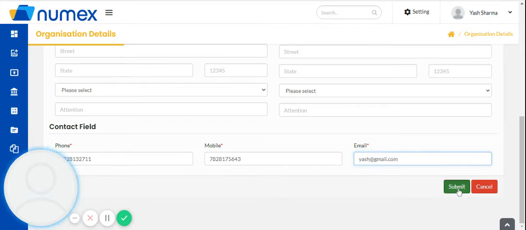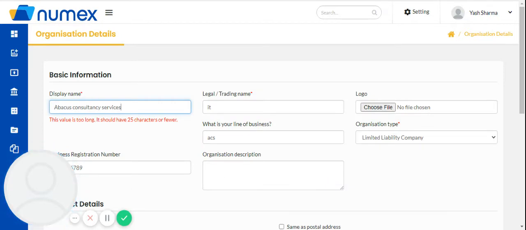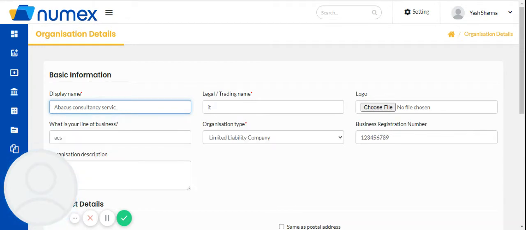So these are the organization details. Means in display name of any organization, you should have 25 characters or fewer. So I'm just entering Abacus Consultancy.